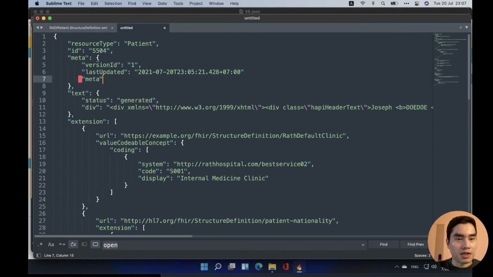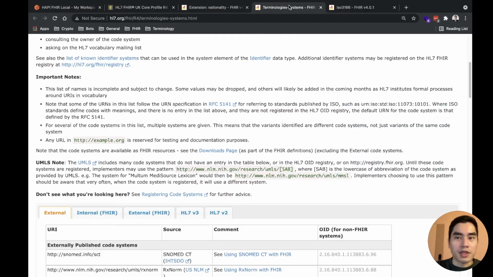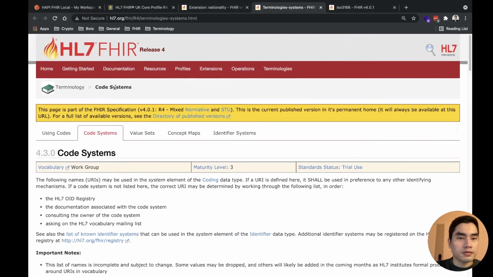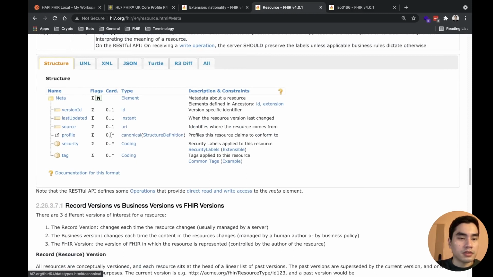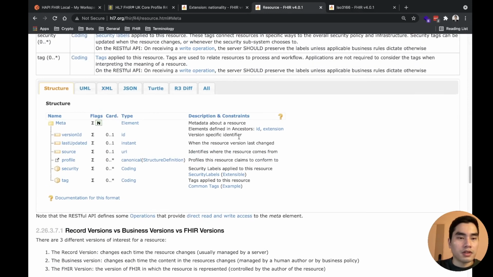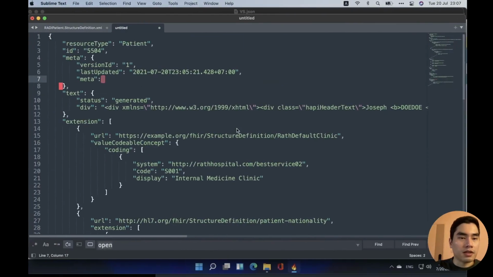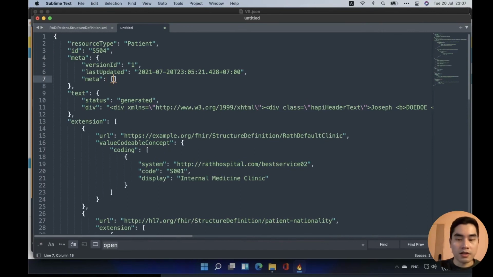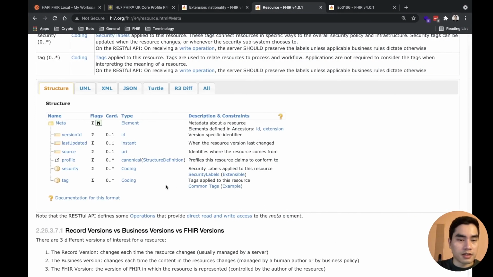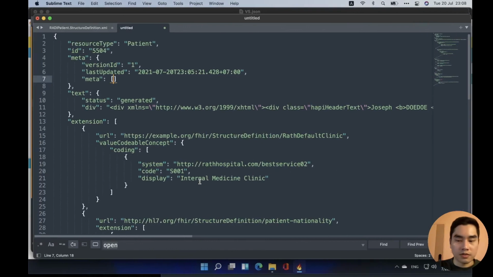So it has to be meta. And what is the structure of the meta? Yeah. So okay, this is the structure of the meta. So we have to put it here, and inside that is a URL. So like this.